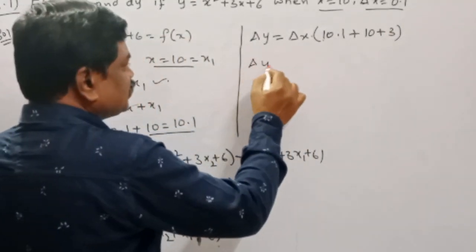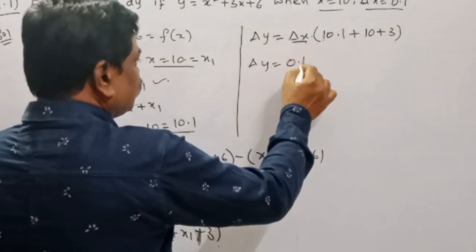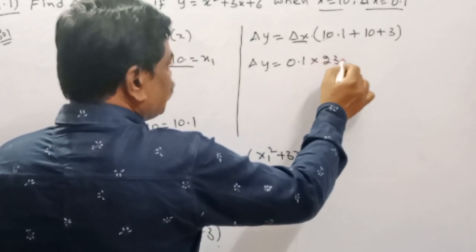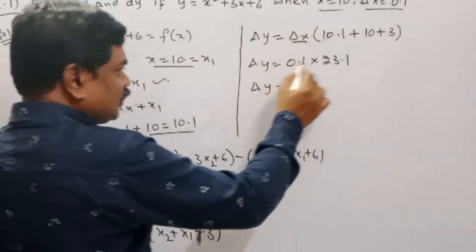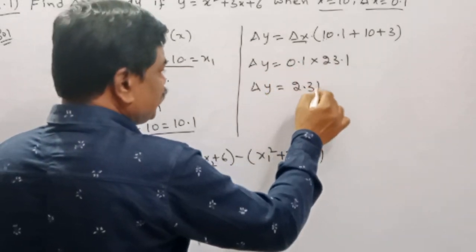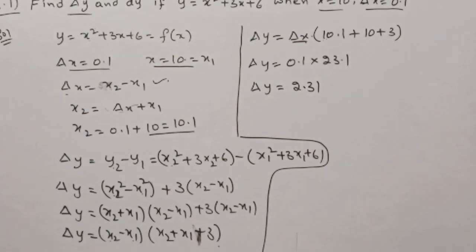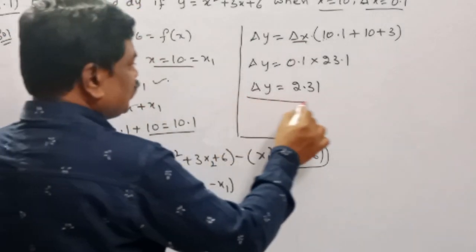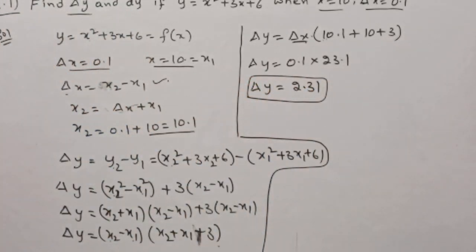So delta y is equal to delta x value 0.1 into 10.1 plus 10 plus 3, which is 23.1. Delta y is equal to 0.1 multiplied with 23.1, which is 2.31. What is delta y here? Delta y is equal to 2.31. Again you find